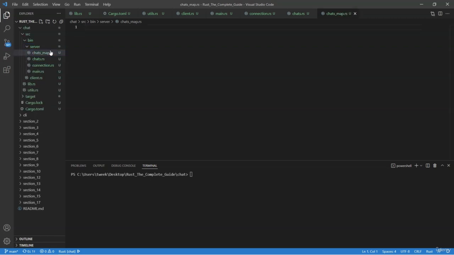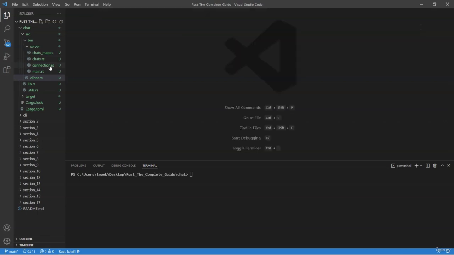So client is a single executable file. Let me clean up all of these really quickly. Alright, so our client is a single file executable for the chat, and our server is the executable for our server, which will be spread into those 4 different files we created. So now, let's take a look at our utils file,